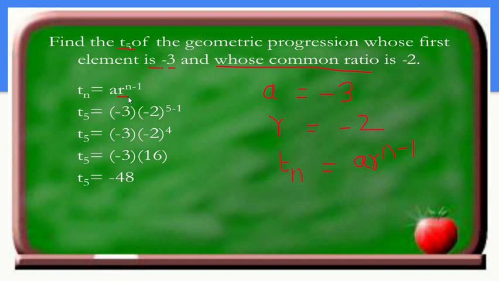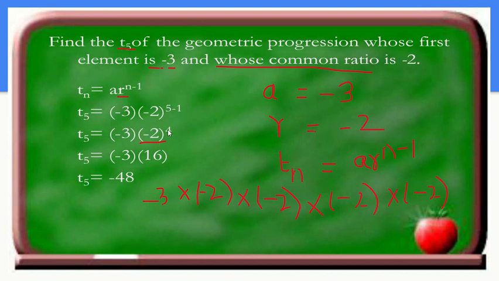Whatever the common ratio we are getting, we have to multiply it, right? Suppose we are getting (-2)^4. So what you have to do over here? -3 into -2 into -2 into -2 into -2. How many times have I multiplied -2? I have multiplied 4 times. So whatever the power is, that many times you have to multiply the common